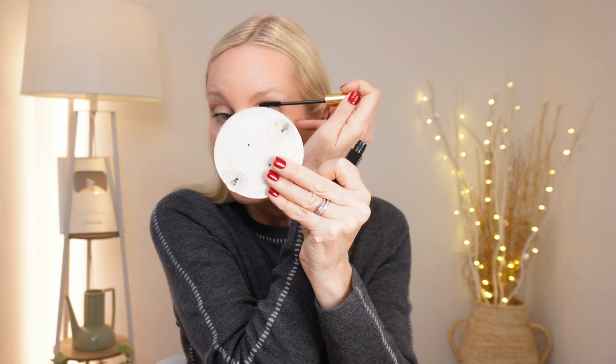Really nice, super easy to put on straight away. I'm going to go ahead and finish my mascara. This is super lovely, really easy to use, not at all thick, so it's not gloopy, and considering this is brand new, it also feels like it's gripping really well. You know how straight brand new mascaras can sometimes not give you the coverage? This is really lovely. Now I've done my top lashes, but before I do my bottom ones, I wanted to